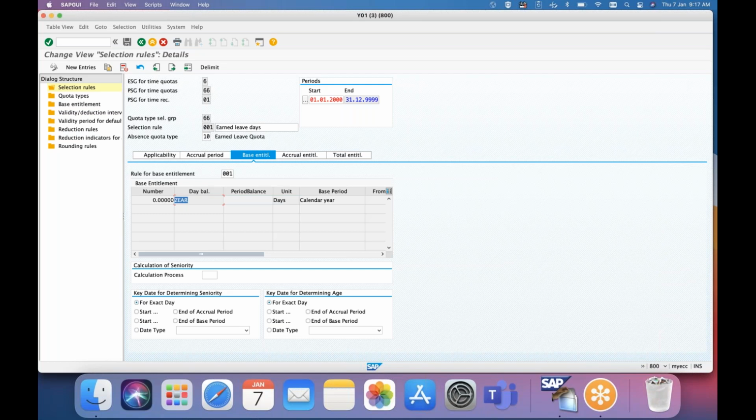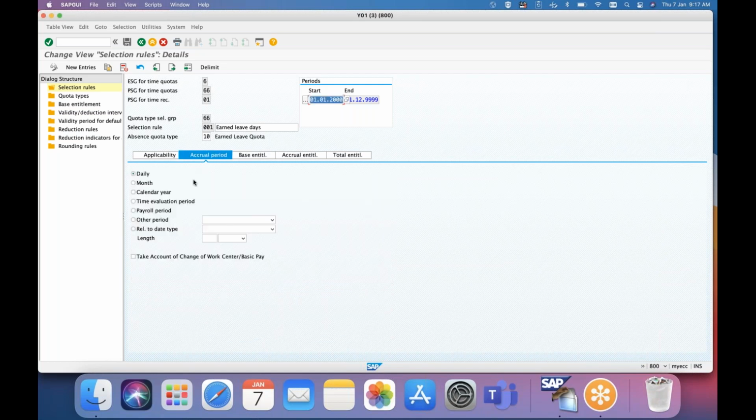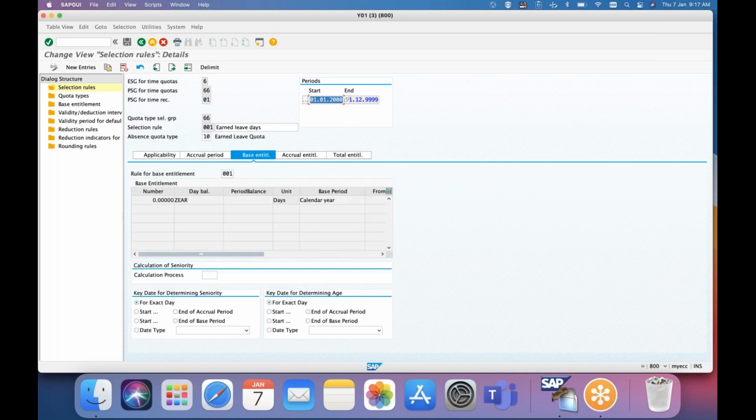quota for the employee. Okay, yes, Samir. Under the base entitlement tab, you have the base period calendar year. Does that have any bearing on how the day entitlement will be generated? If I change that to month or day? No, calendar. This period is how your quota should be generated.